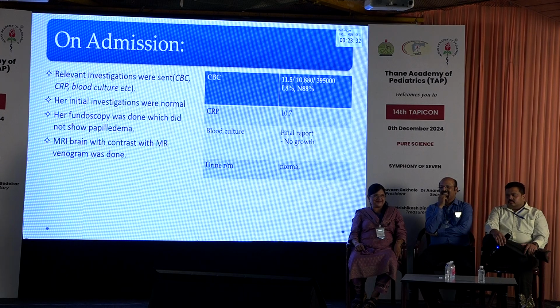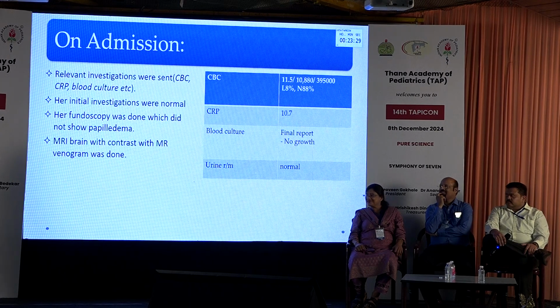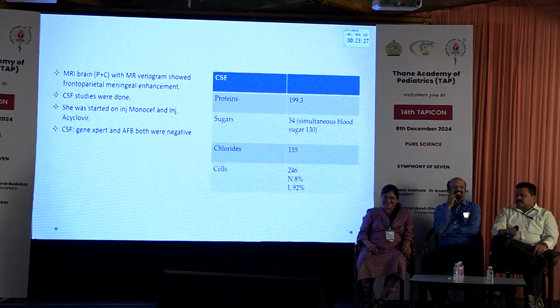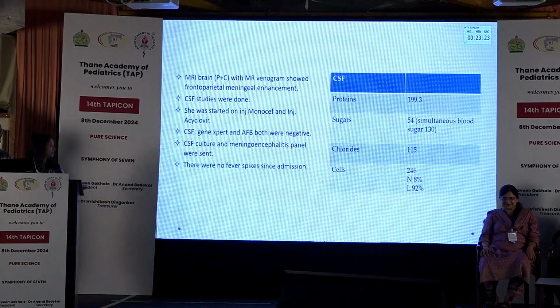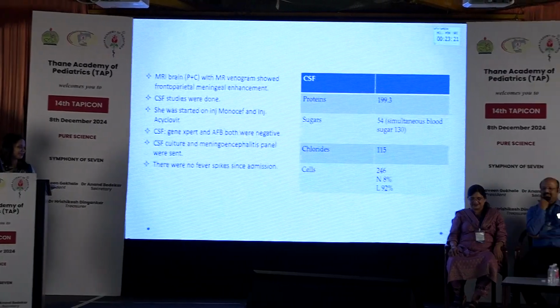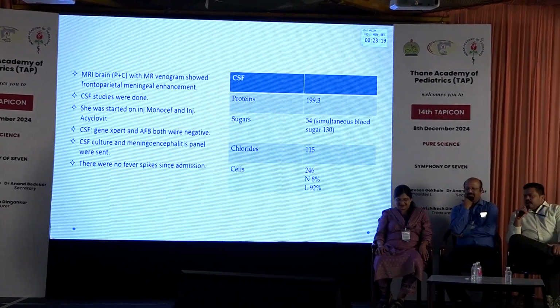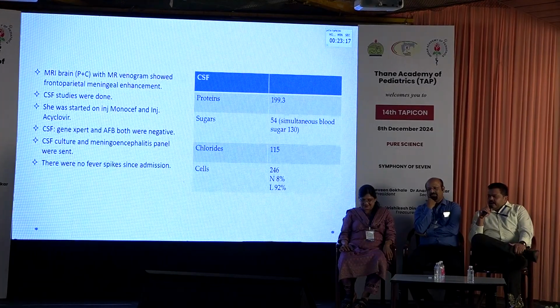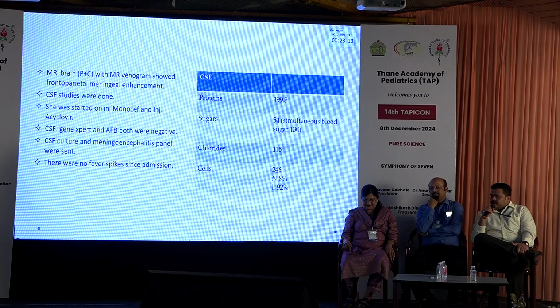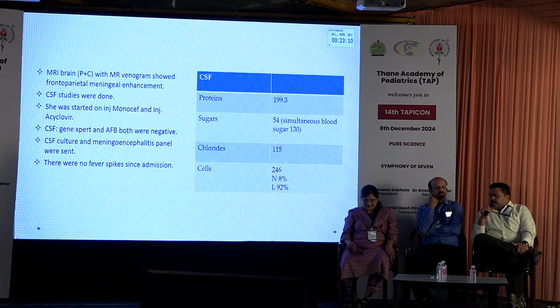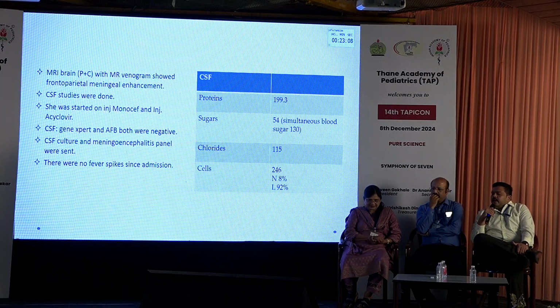Lymphocytes were 8% and neutrophils were 88%. I knew, ma'am, you would ask that. She's already in the second week of her illness, and over here we can expect even acute bacterial meningitis to have lymphocytic predominance. Sometimes we also treat them with oral antibiotics, so they may have alteration of the CSF picture. The child received oral cefixime outside.